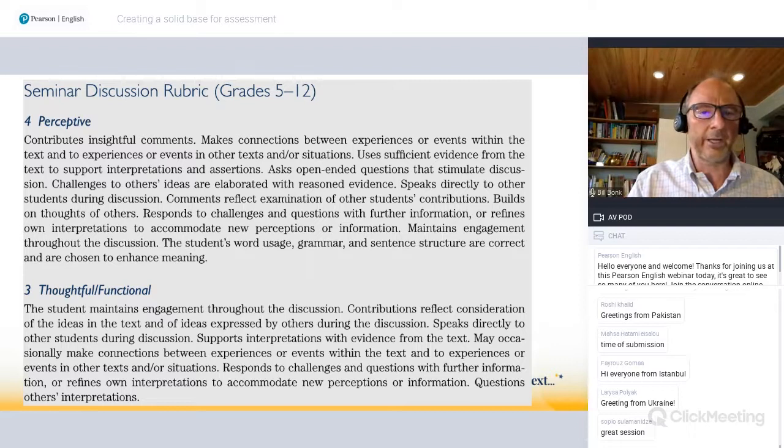And you can see it's got a large number of sentences, many different dimensions, many kinds of behaviors. And according to the book, this was used for grades 5 through 12. So from 10-year-olds all the way up to 18-year-olds doing this kind of similar task. So extremely complex. And you can imagine as a rater what you would be doing as you were listening to